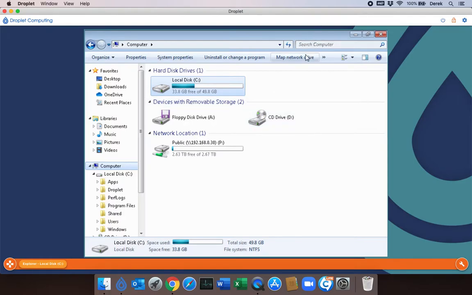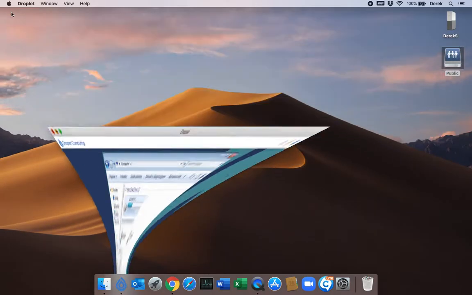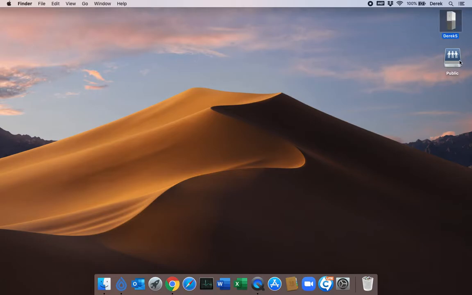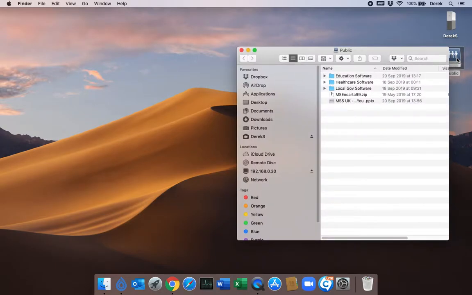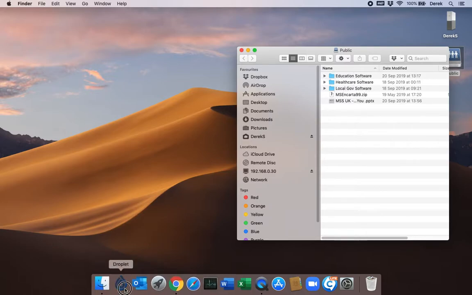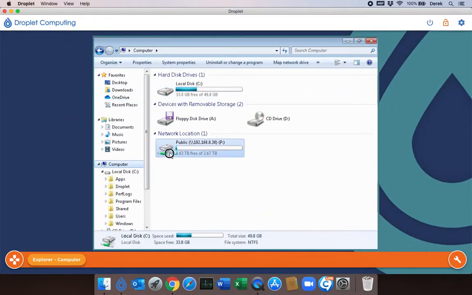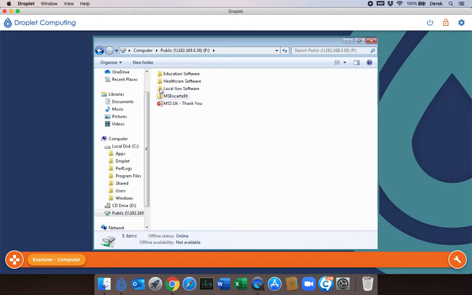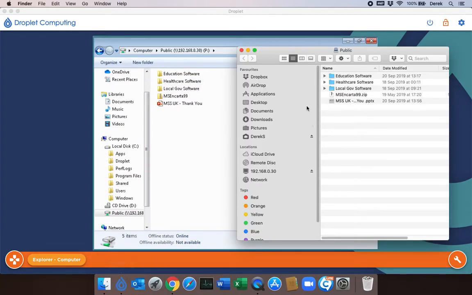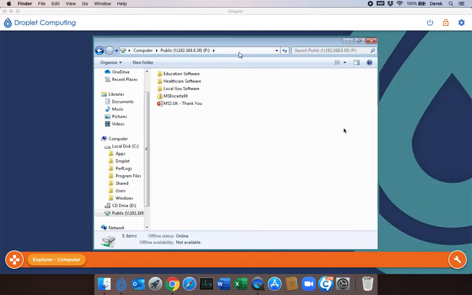From here I can map a network drive, and I've actually done that already. I went out and bought myself a NAS drive and created a public folder. In that public folder I've created folders with vertical specific software. Inside the container I can access that folder, and as you can see, the same files, the same folder has been transferred across. That enables me to install large install media, maybe ISO images, into the container